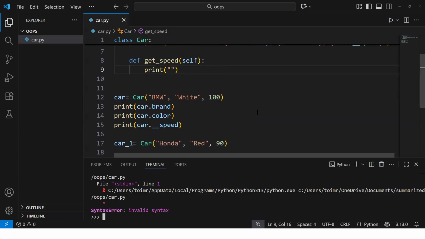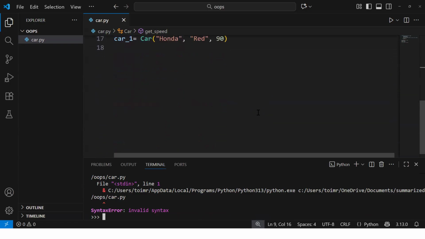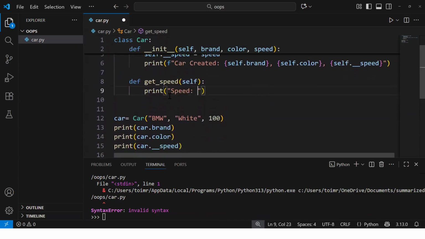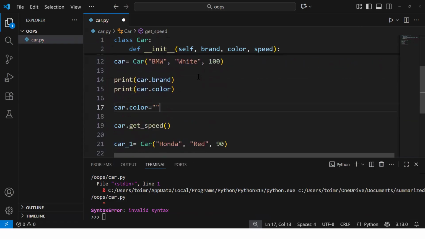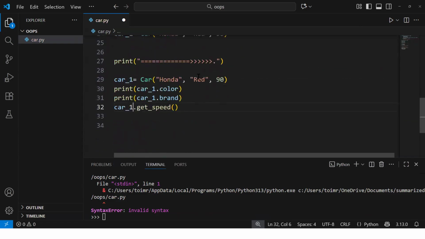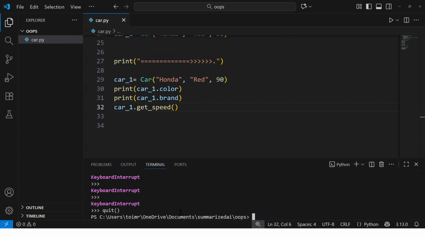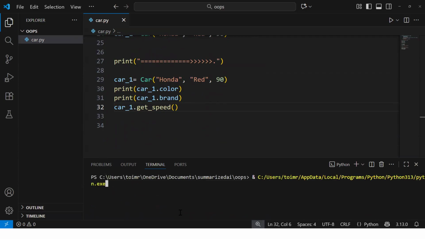Oh, I think I got the mistake. Let me report my changes, but that's fine. Let me report my changes quickly. I got the issue. The issue is here. I have to come out of it, quit. Okay, clear the screen. Now, if I try to run this code again,